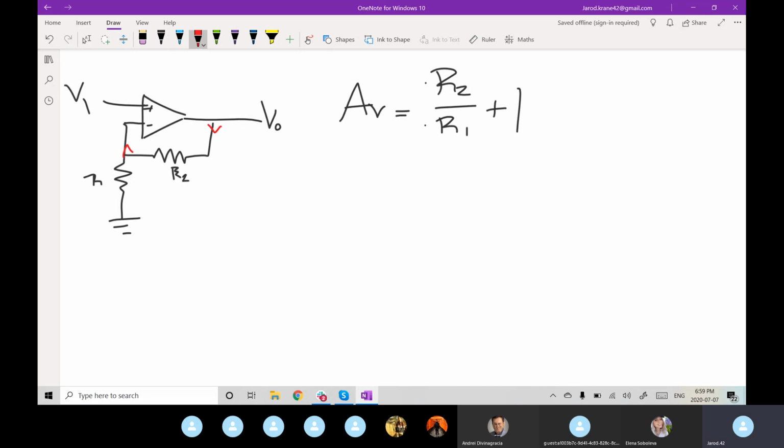Now what happens when we put values to this? Say we have a 9K and a 1K. Well, now we get a gain of 10. So if our input voltage